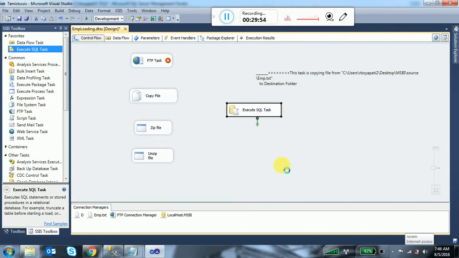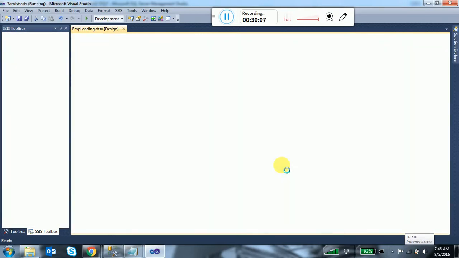Right, we'll see whether this row is inserted or not. Select star from EMP. Right, one row inserted.